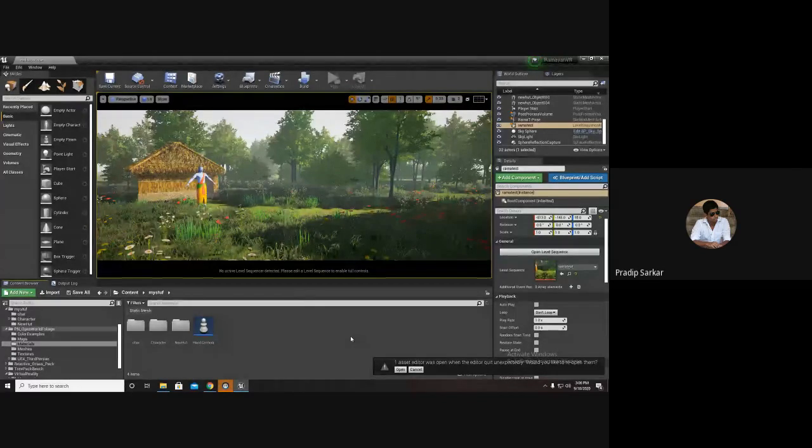Oculus Quest is a mobile-based VR device, and HTC Vive and Oculus Rift are desktop-based. Okay, so we can give output to these three devices.